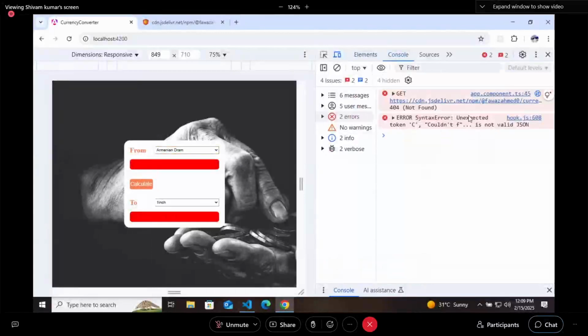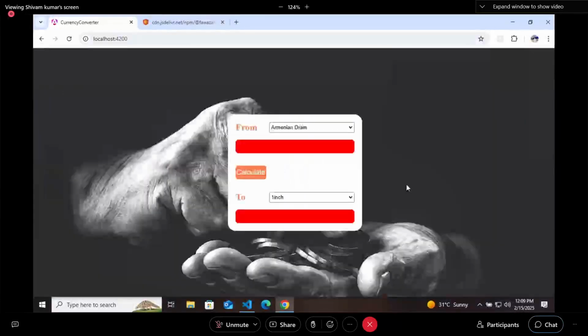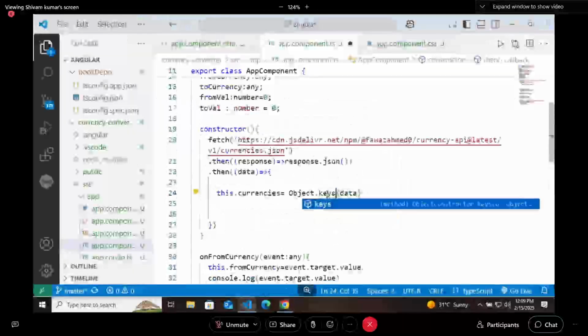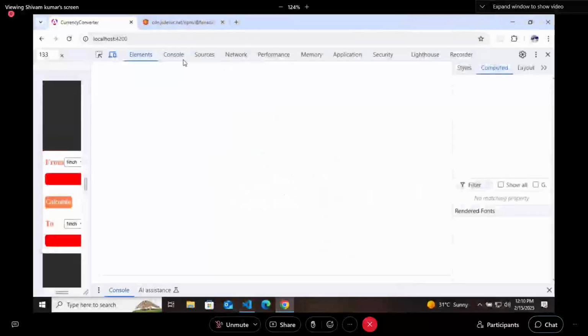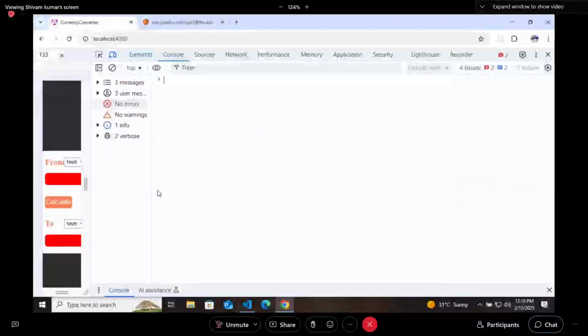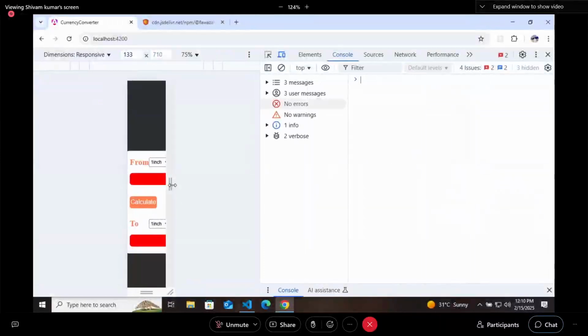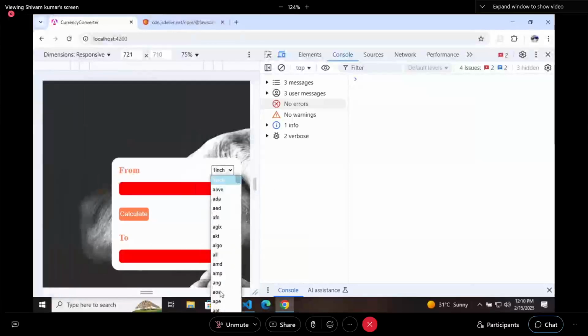And now it is saying that it is not able to find that particular name, because the entire thing is being written. So if you are mapping the keys here, not values, go to console and select any currency here, let's say USD.